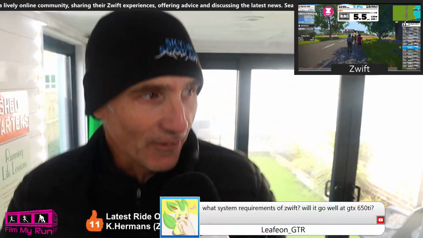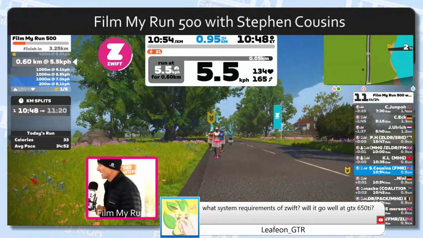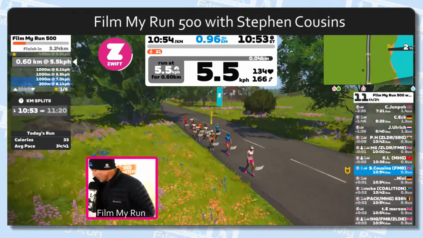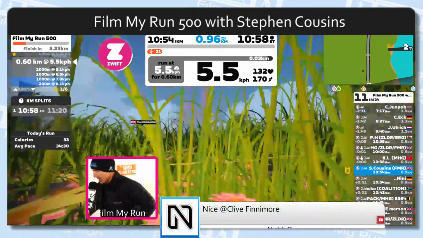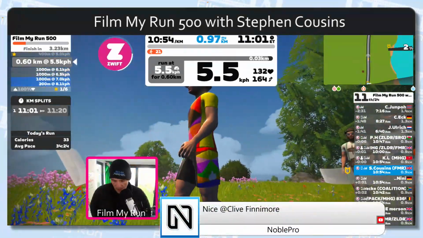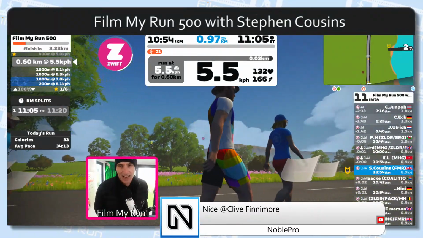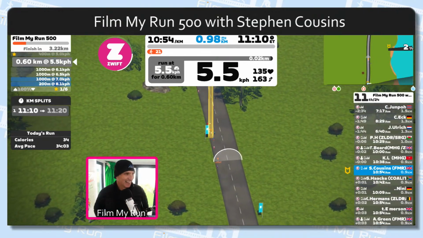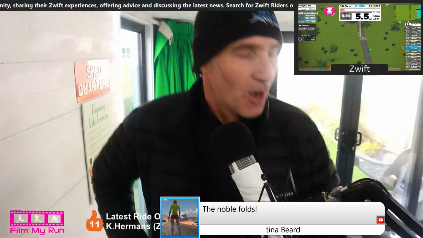Right. Apparently, Noble Pro can 3D print us some brackets to move the buttons. That would be awesome. Yeah, because at the moment my buttons are stuck to this fascia here, so I'd have to pull them off. We can sort it out. I'm sure we can sort this out. Yes, right, okay. Now, everyone's giving me reasons why this is a lot easier than I'm making it out to be.